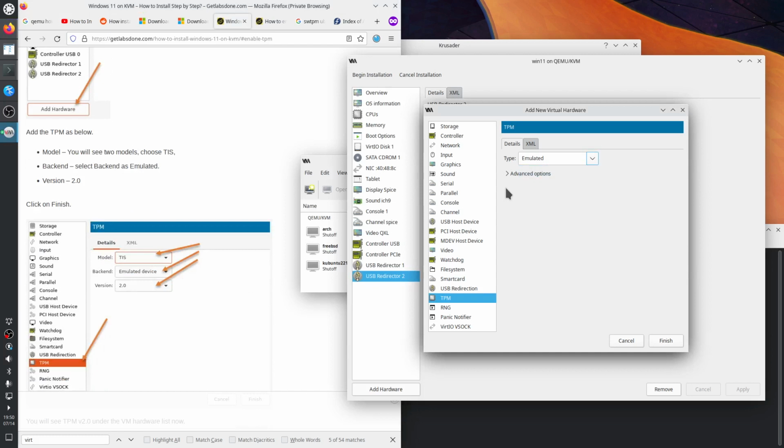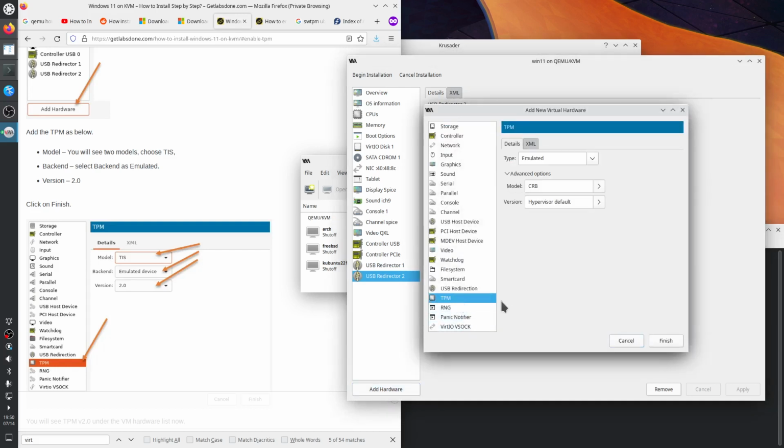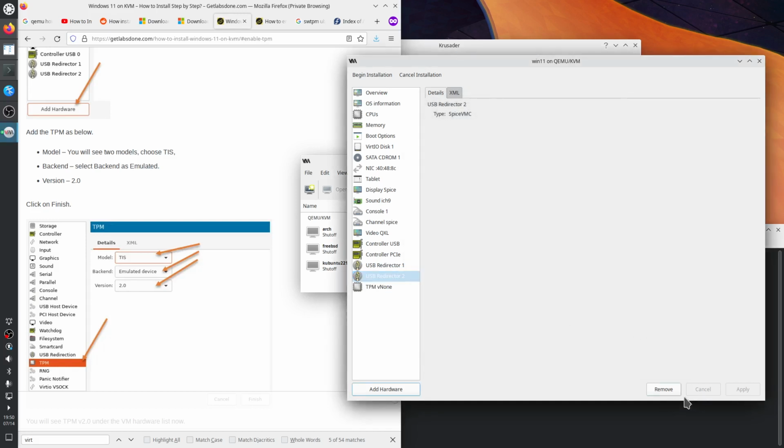Type emulated. Advanced model TIS, version 2. Cancel. Let's go again. Add a TPM. Let's go with the defaults. Maybe they're good enough. Okay,